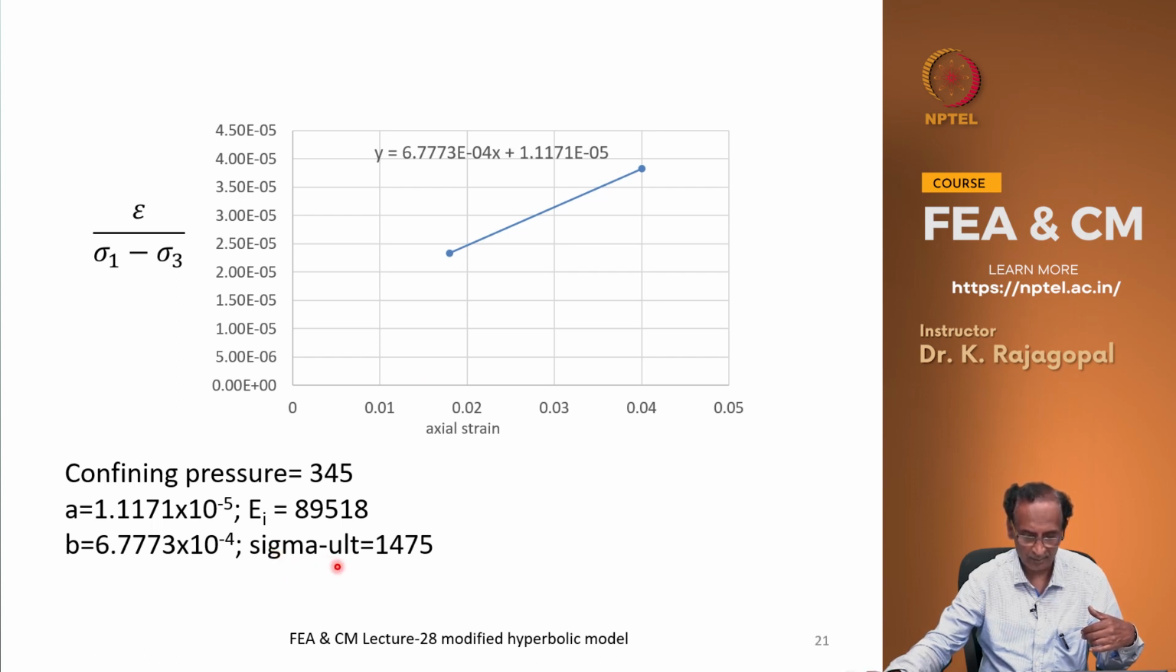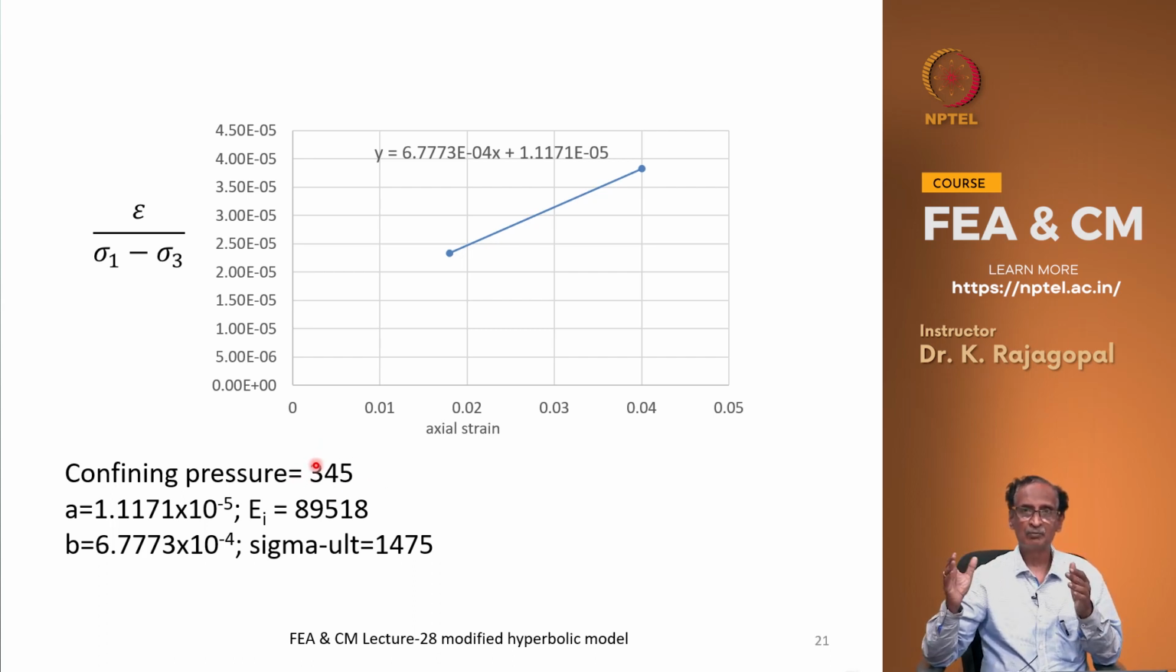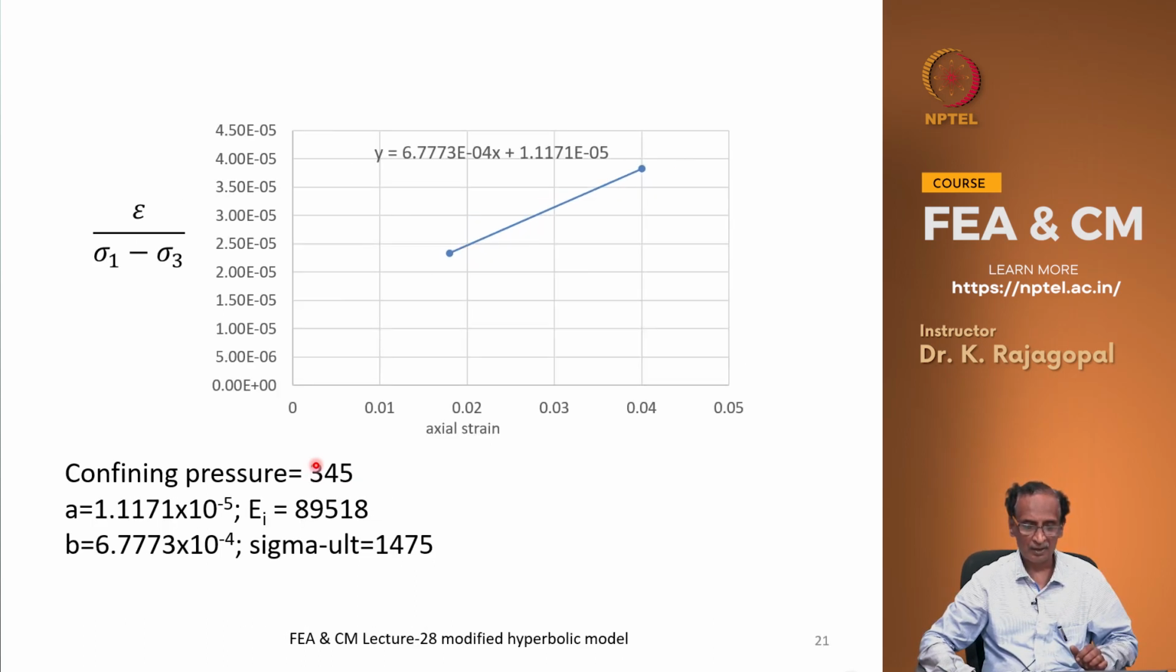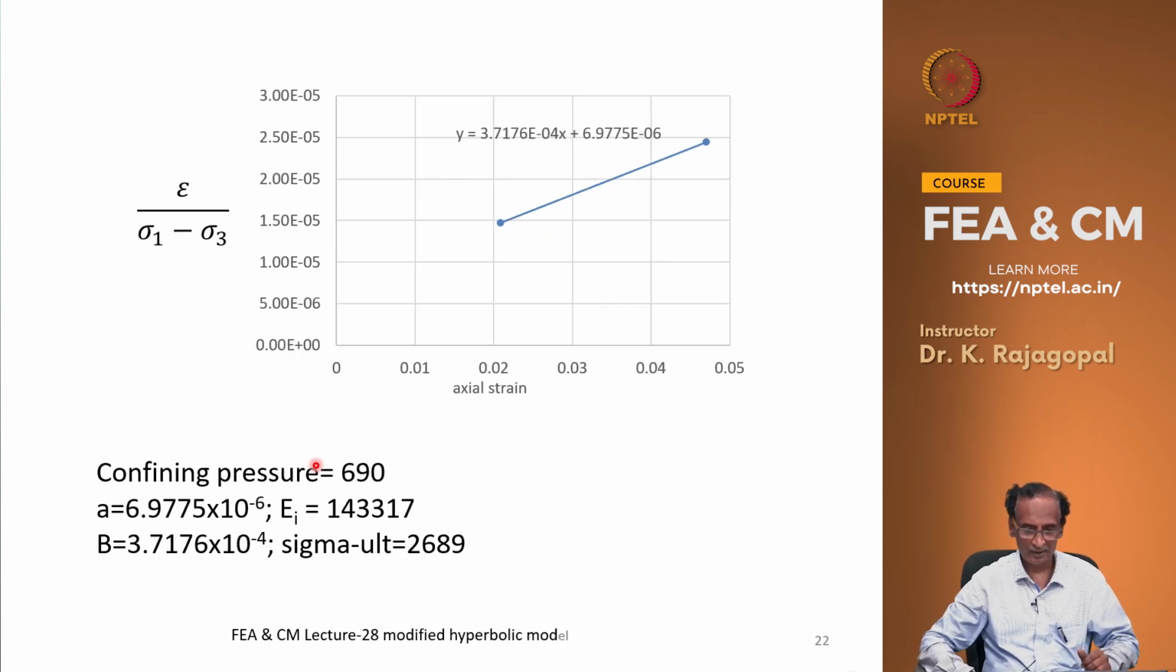So, our sigma 1 ultimate is 1475, and this is the test at 345 confining pressure, and the sigma 1 minus sigma 3 failure is 1100, and sigma 1 minus sigma 3 ultimate is 1475. So, our RF can be determined as 1100 by 1475. Okay. And similarly, at a confining pressure of 690, our A and B are this,